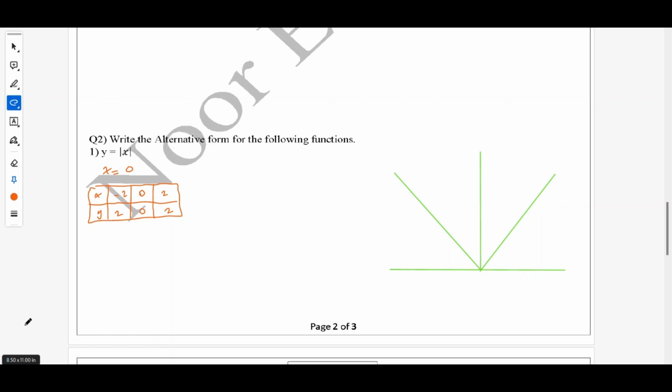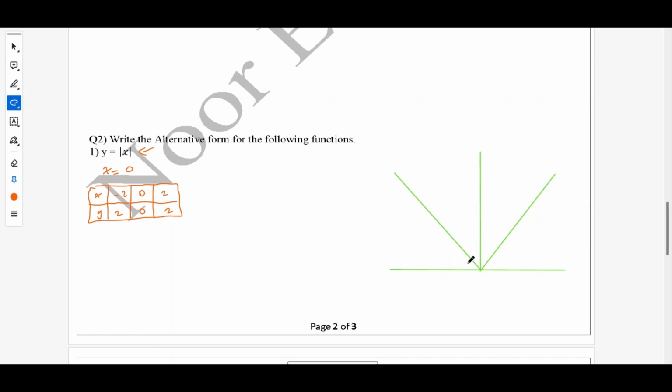In the second part for chapter 1 lesson 1.2 we're going to talk about writing an alternative form for the modulus functions. What is the meaning of alternative form? I'm going to represent this function in a way that I'm not going to write the modulus sign. How can I do this? I'm going to use the same examples I used in part 1